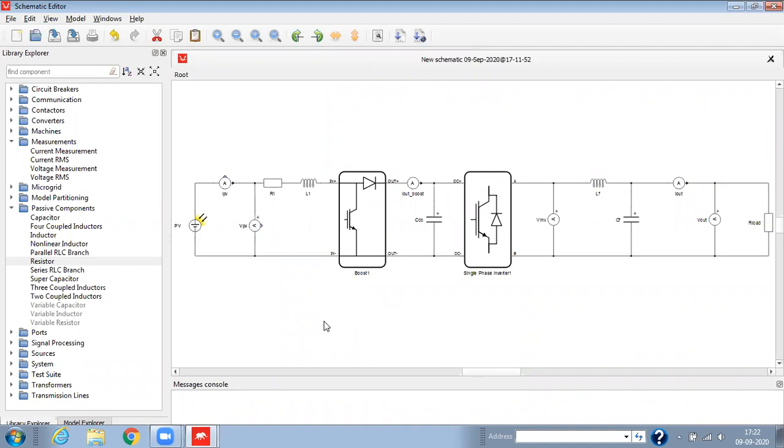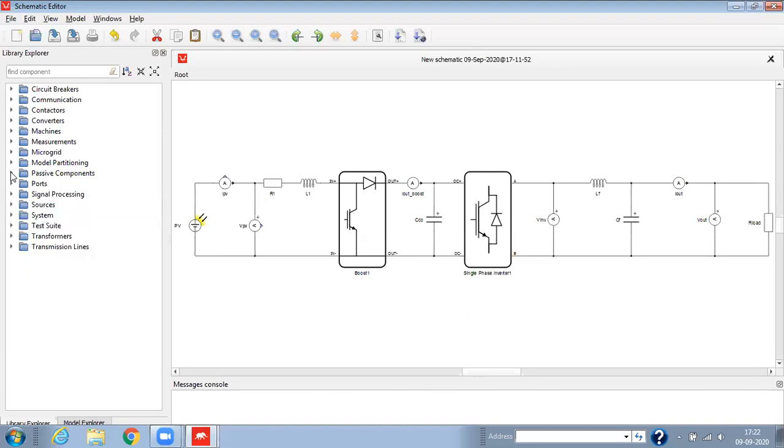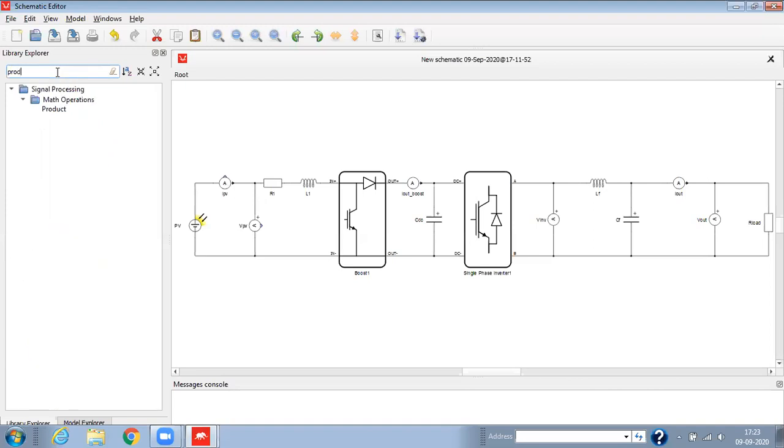Now we are going to design the control logic for MPPT boost, for extracting the maximum power. For that we are going to drag some signal processing components from the library. First we require a product component, so we'll type product component.